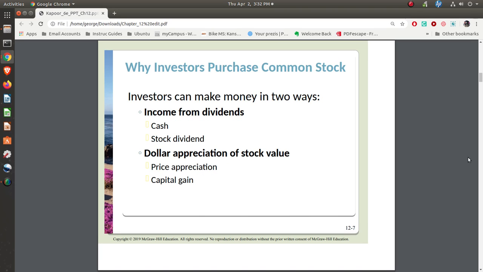Now, you make money on stocks in two ways. One, income from the dividends. About once a quarter, most companies will declare a dividend, distributing some of the profits, as long as there were profits there. You're also hoping that the value of the stock goes up. In other words, the company is doing well, more people want it, consequently the price of the stock goes up. So you will have a price appreciation whenever you decide to sell.